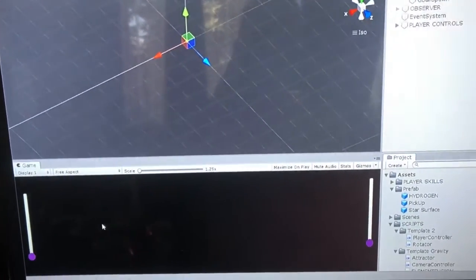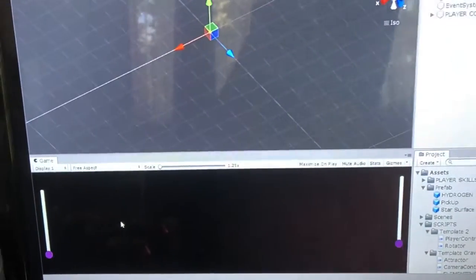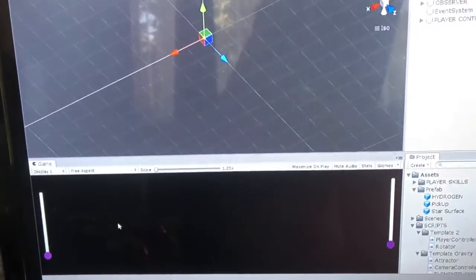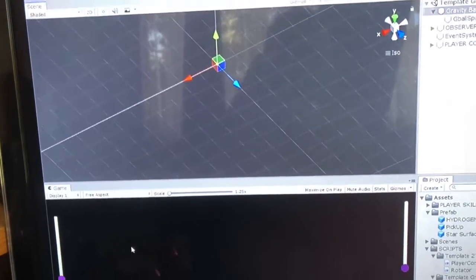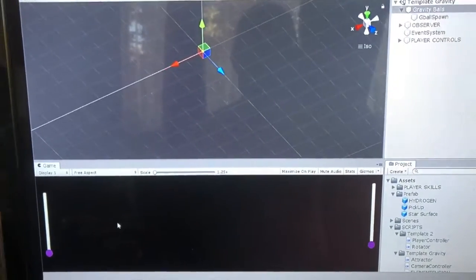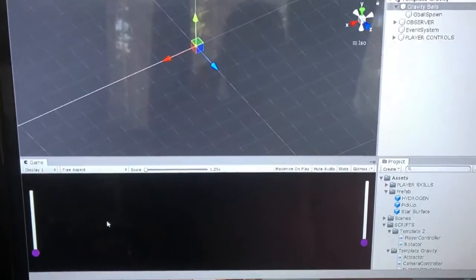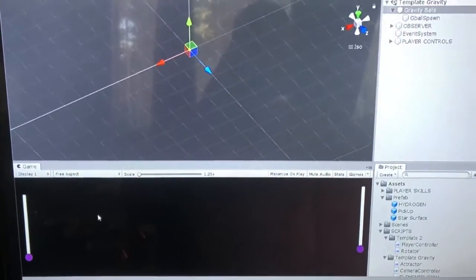Now, the singularity also has a property that it emits light, and for every ball that joins its grouping, it creates a sun surface layer, which is the light emitter, and that will grow with the group of balls. So if I just